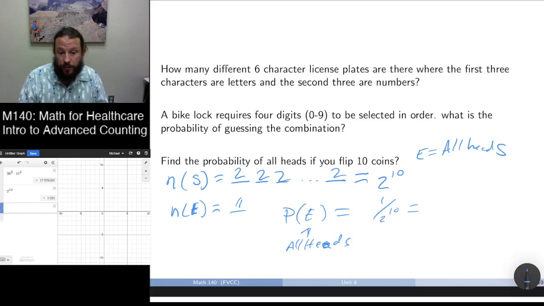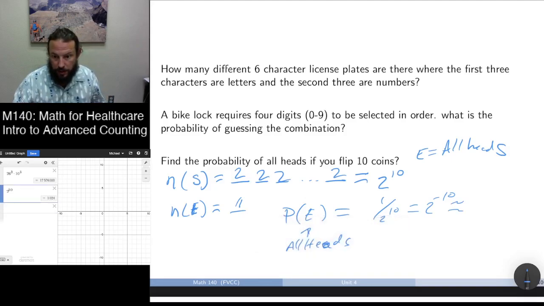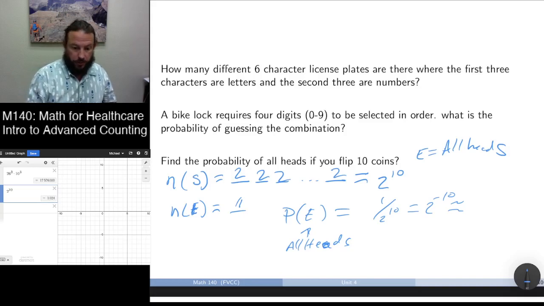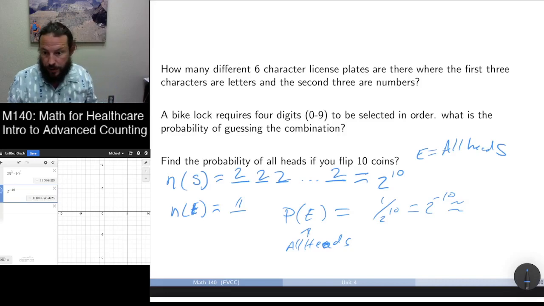One way is to write that as 2 to the negative 10th, and you could estimate that to be about 1/1000th. But might as well plug it in. We got it there, and we get